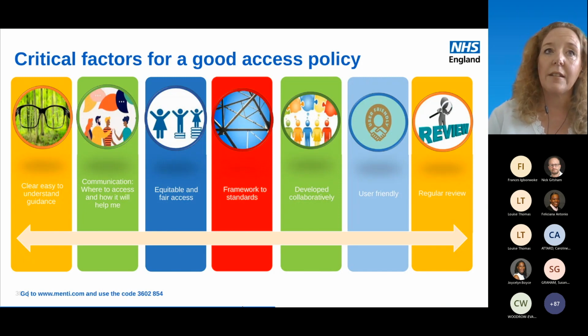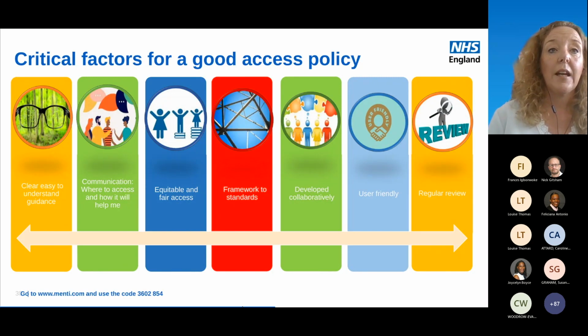Is there a shared understanding? So has or is your access policy being developed with key stakeholders? If the fundamental purpose of an access policy is to ensure patients receive timely, equitable access to treatment in line with the National Access Standards and the NHS Constitution, does the policy stipulate how care is provided equitably and fairly, thus providing staff the guidance and the opportunity to understand the rules and their application?